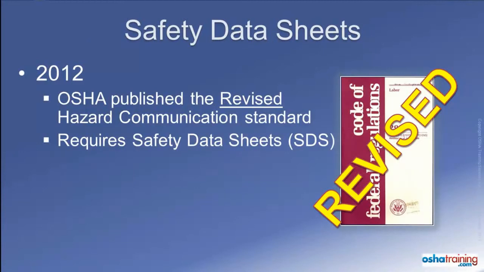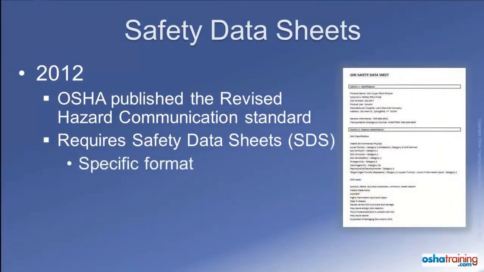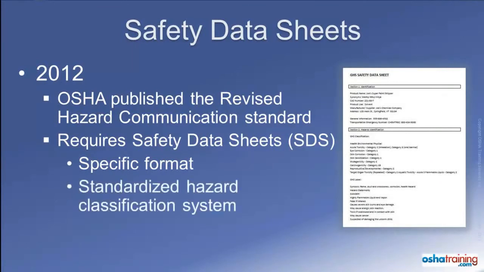While the information contained on new safety data sheets is very similar to that appearing on the old MSDSs, the information will now have to follow a specific format and order. There is also a standardized hazard classification system that must be utilized on all SDSs to convey information about the physical and health-related hazards associated with that product.